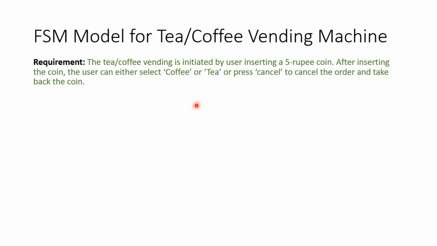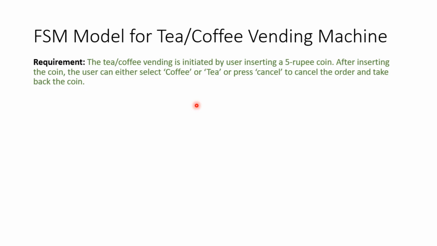So keeping the vending machine in our mind, the first state as usual will be an idle state, right? Initial state or idle state. So it's a vending machine waiting for the coin. Here the entire requirement is based on a 5 rupee coin, right? So the idle state will be based on this 5 rupee coin. So my first state I will consider as waiting for the coin.